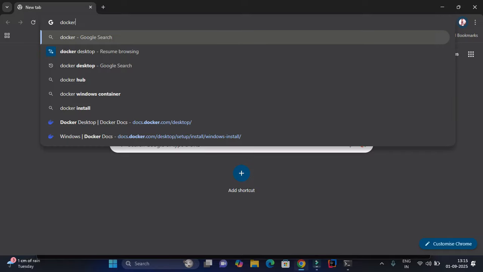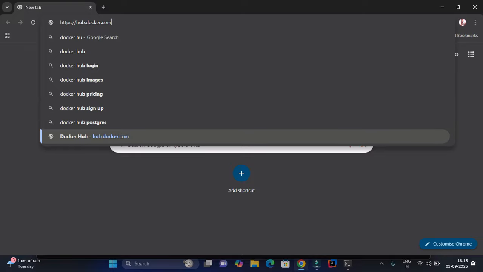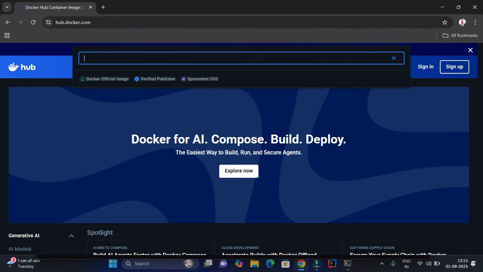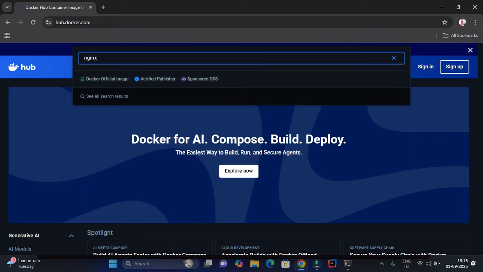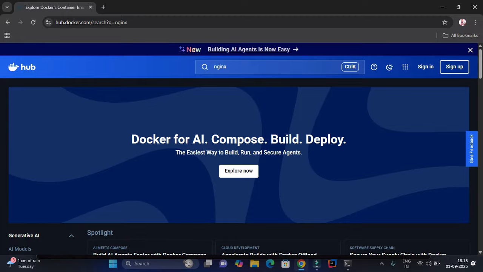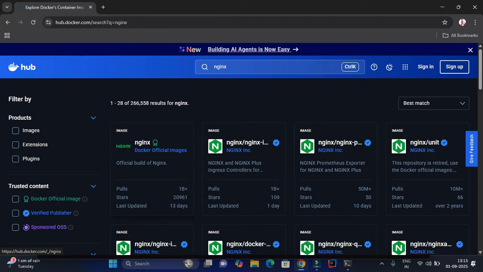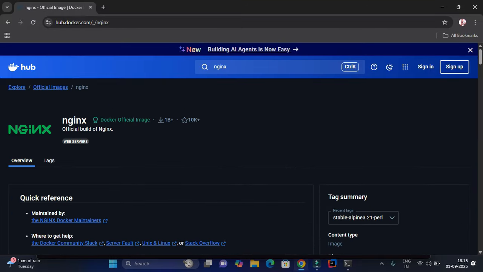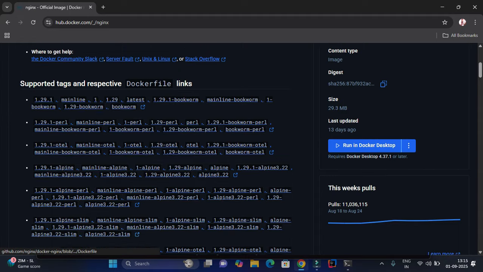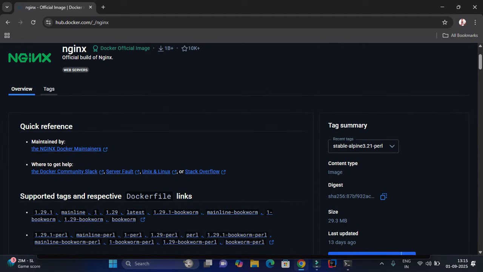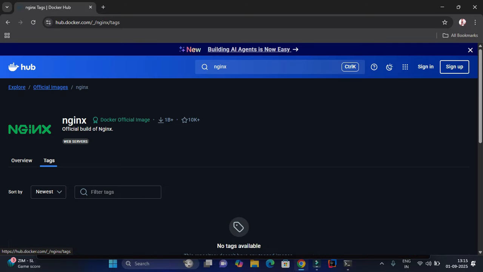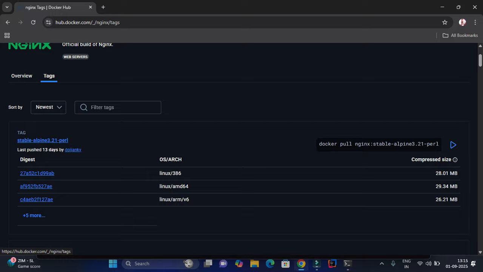In the Chrome browser, we are going to the Docker Hub registry, Docker Hub. In here, we will search for Nginx. I am just clicking on the first one. And let's check whether any command appears or not. Just check the tags as well. So you can see